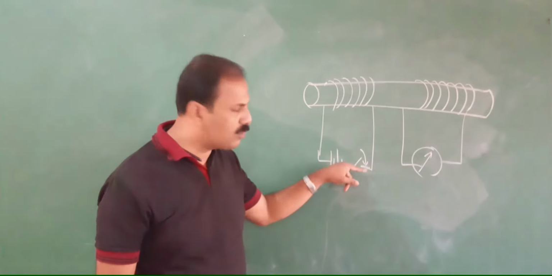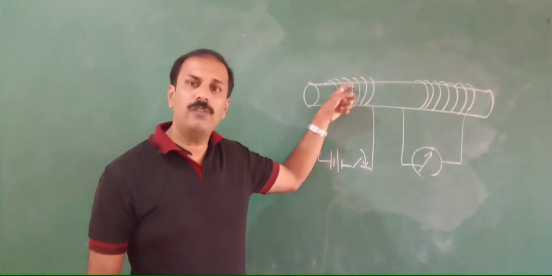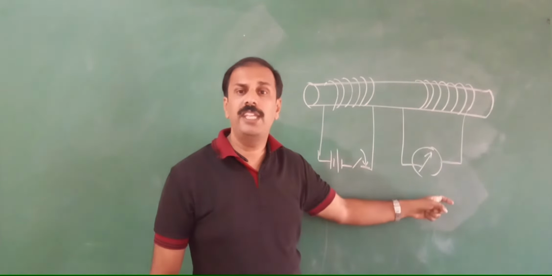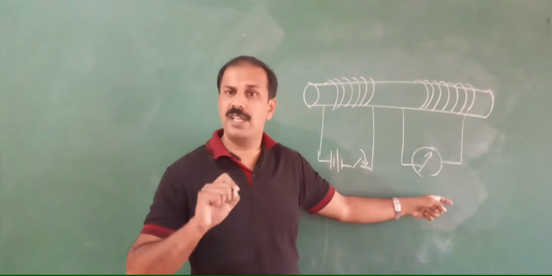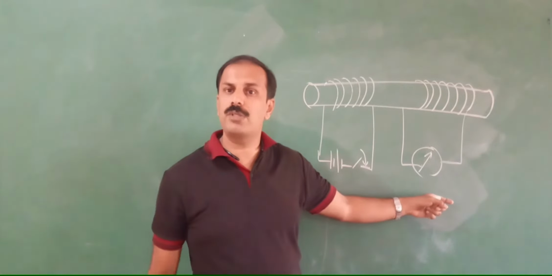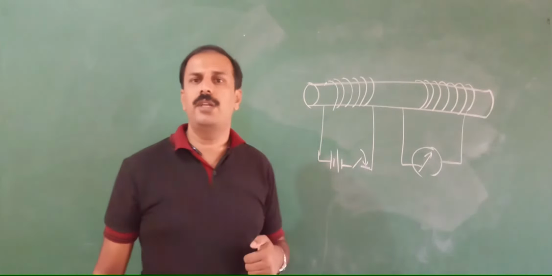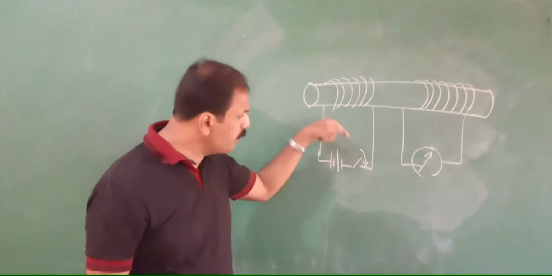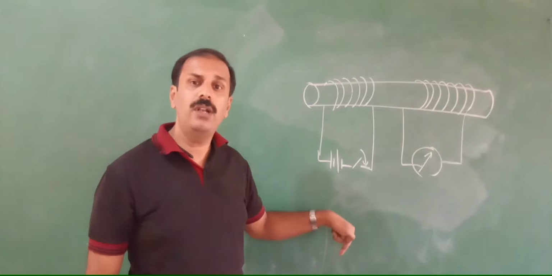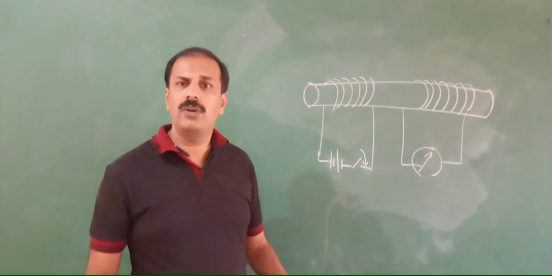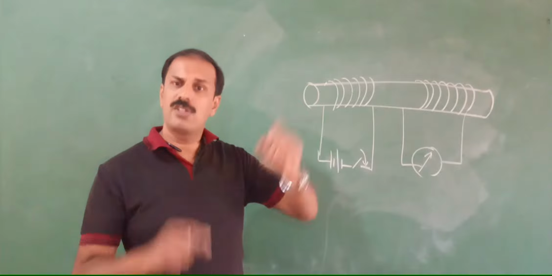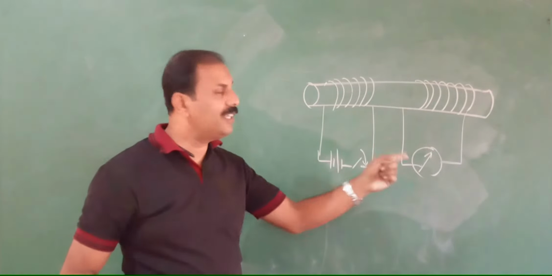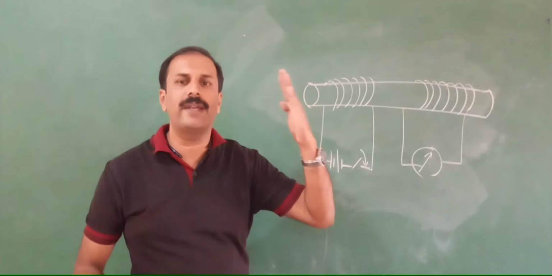Now if you keep it switched on, then also magnetic field is produced, but that magnetic field cannot produce an EMF here. Why? Already we discussed, only a changing magnetic field can produce the current. So when will it produce a deflection? When you switch on, first the magnetic field was 0. When you switch on, it becomes maximum. So there is a time where the magnetic field from 0 is going up. In that time the needle will go that side and come back.